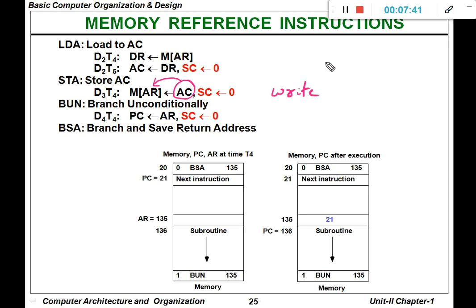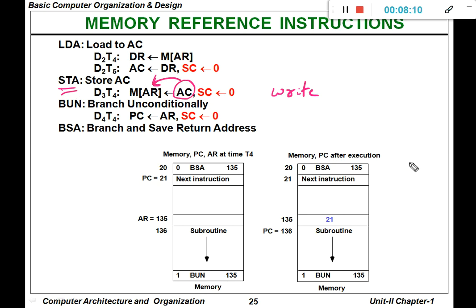So in general, after carrying out any particular operation such as add or AND with two operands, the result will be stored in the accumulate register. If you want to move that particular result to the memory, then we need to initiate the store operation. The store operation is going to store the content of the accumulate register to the memory address register.